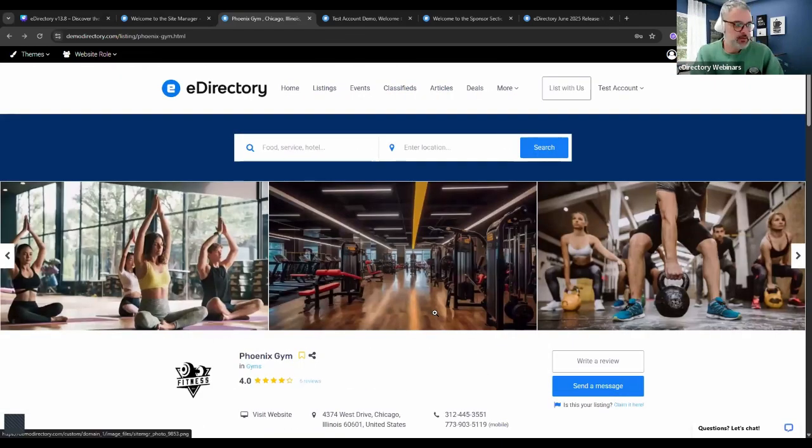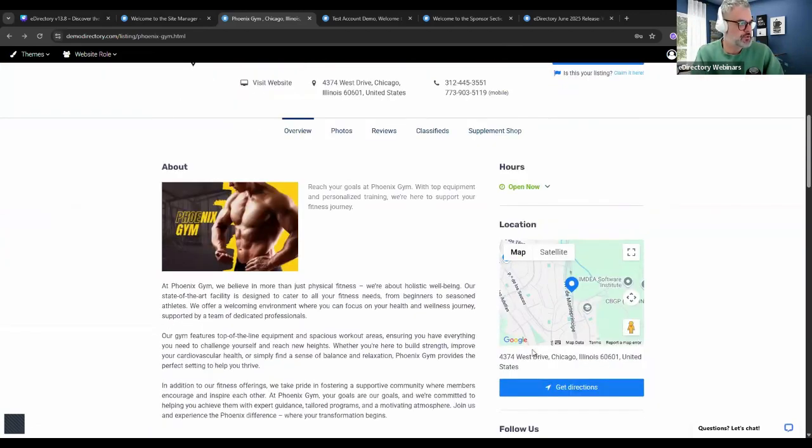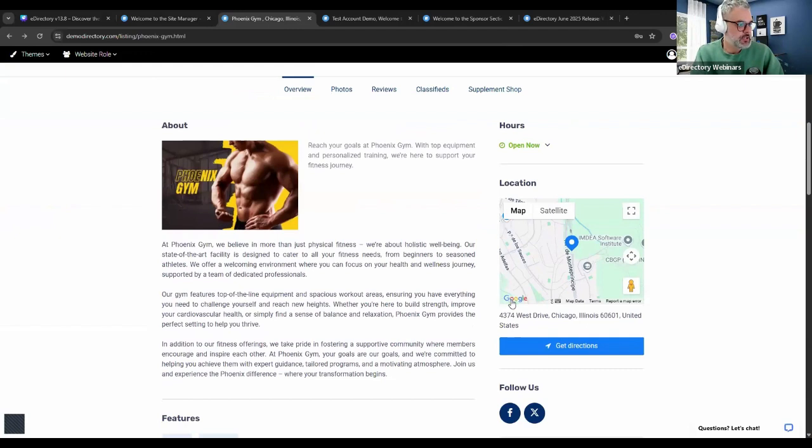And lastly, I would like to show you the new mapping system that we have, which is OpenStreetMaps. As you can see, this is powered by Google Maps. It's always been that way, but sometimes people have been saying that this is still difficult. Sometimes they don't want to put their credit cards here because they don't want to get the risk of being charged because their directory is just starting, so they don't want to have any extra cost. And the solution for this, we decided